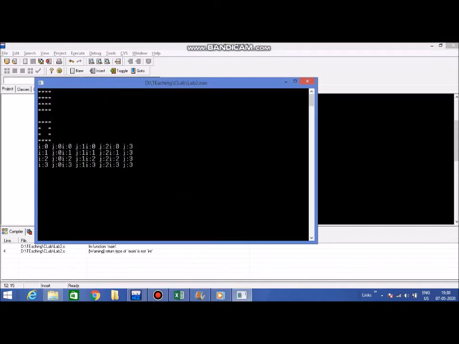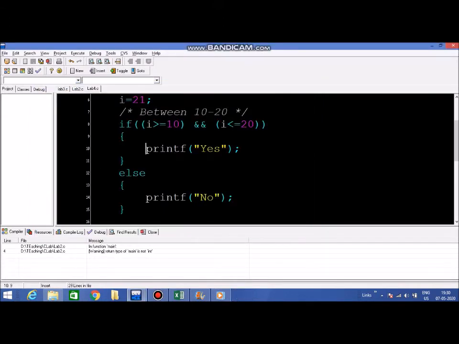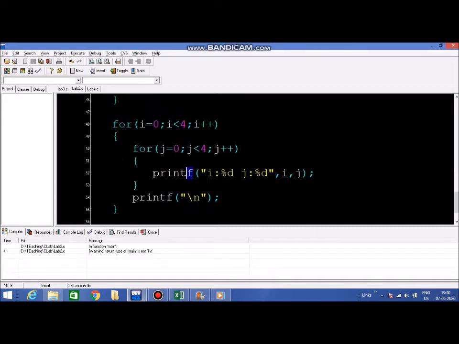And if you look, we can see i is equal to 0, j is equal to 0. Then i is equal to 0, j is equal to 1. Then i is equal to 0, j is equal to 2. So j is changing here. j was 0, j became 1, j became 2, j became 3. And that is what this for loop is really doing. The two loops which are running, what is happening is i is 0, and for the value of i equal to 0, this whole loop is running 4 times. It will print 0, 1, 2, 3.